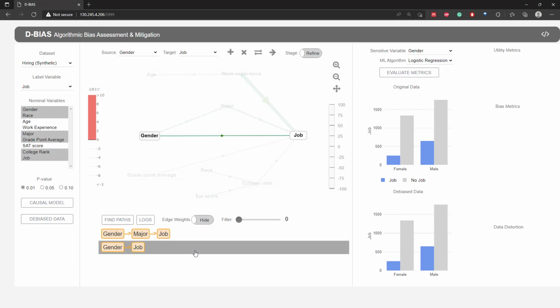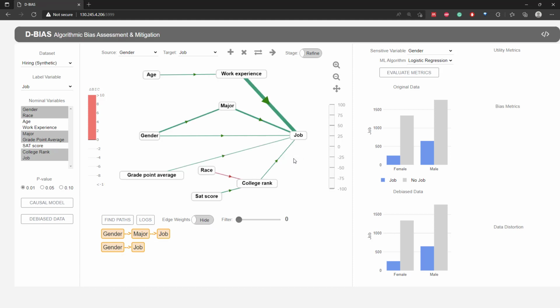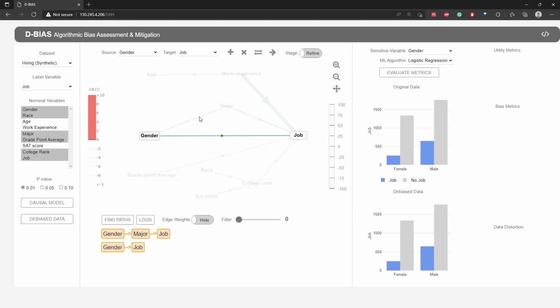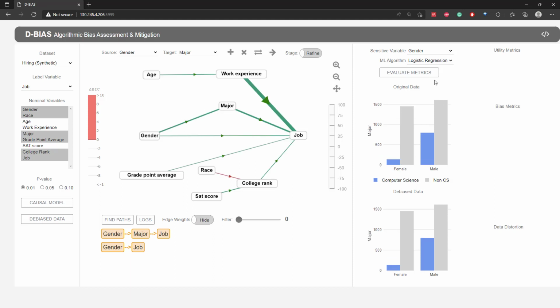Now it's the job of the user to determine whether these paths are fair or unfair, or if any of the constituting causal edge is unfair. For example, in this case we can see that this direct edge is unfair and this edge is also socially undesirable. The second way is we can go over here and choose gender as the sensitive variable, for example, and